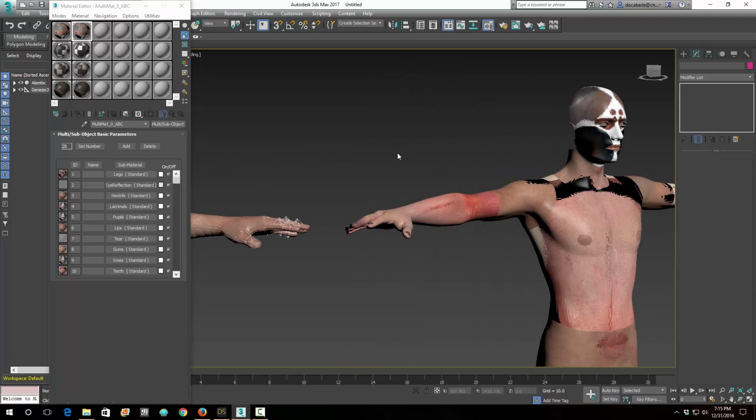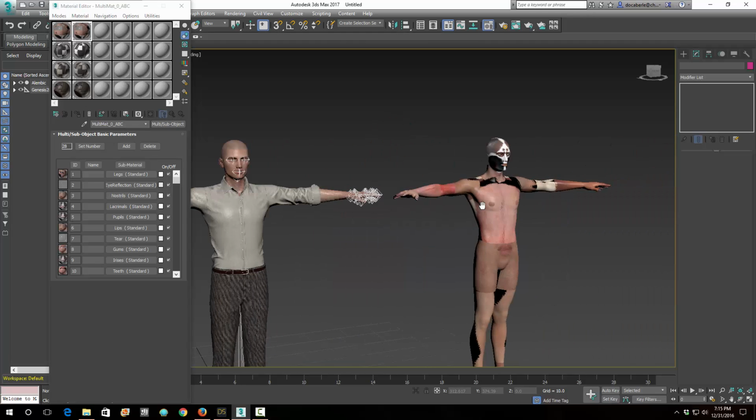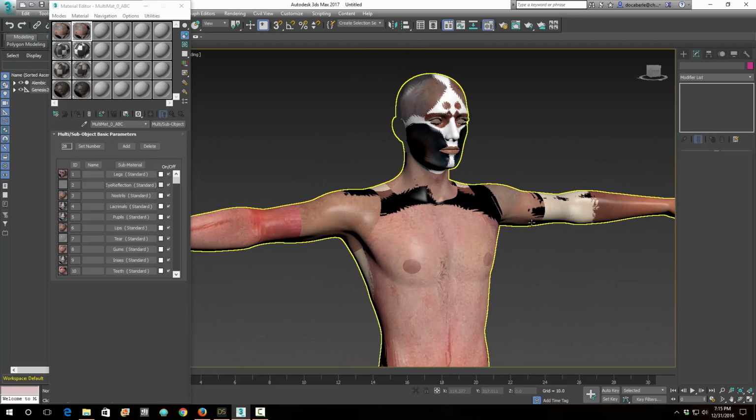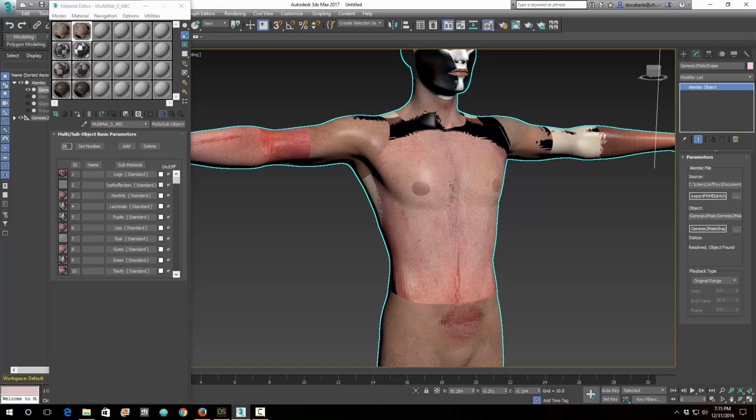But you can always figure it out. I'll show you how you get some of the materials from this guy's eye, which you're going to delete anyway if you're doing this process. So the chest is obviously wrong, so I'm going to select the whole thing. I'm going to add an edit